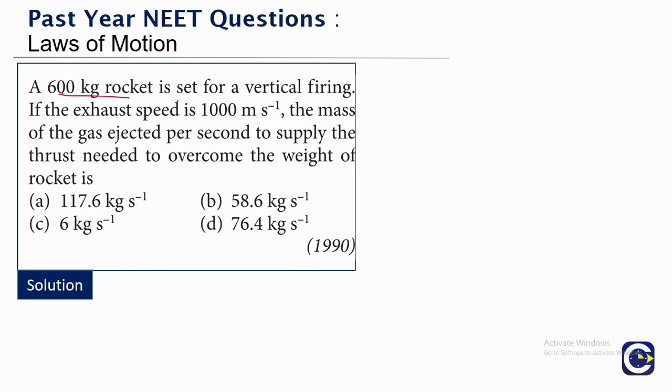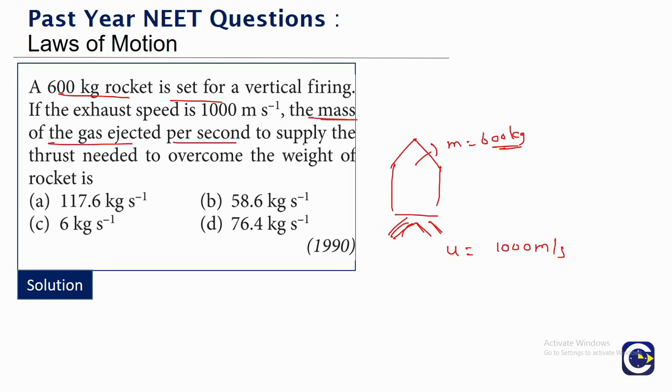So we have a rocket which has a 600 kg mass. So here, the mass of the rocket is M equal to 600 kg. The exhaust speed, which we generally represent by the symbol U, is 1000 meter per second. So we are looking for the mass of the gas that is ejected per second to supply the thrust needed